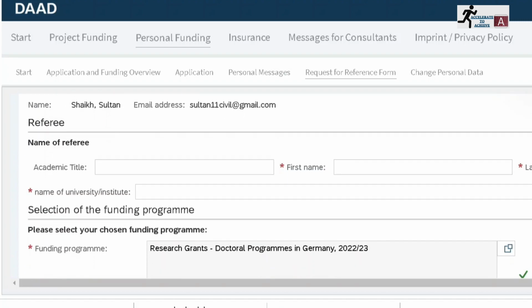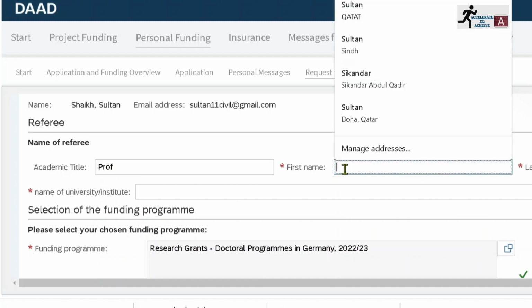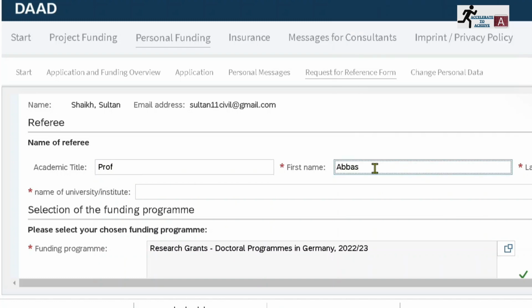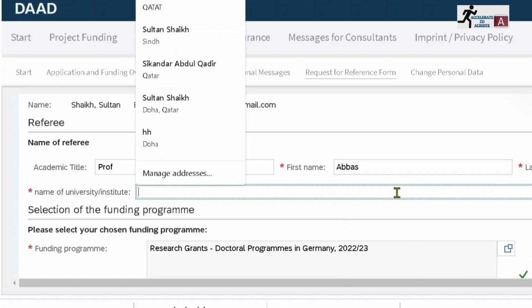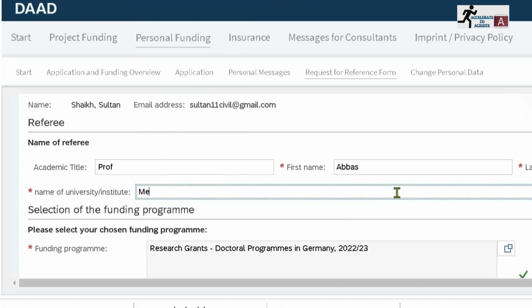Now here it is asking you the name of your referee. For example, the referee's academic title is professor, so you have to write over here its name, for example Abbas, and the last name is Ali, for example. And what is the name of the university? So you have to write the university name, for example Mehran University of Engineering and Technology. And then after that,